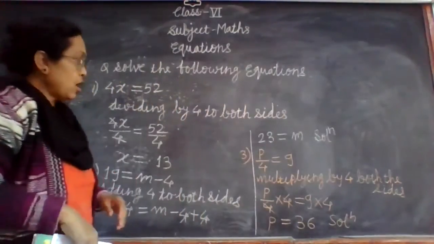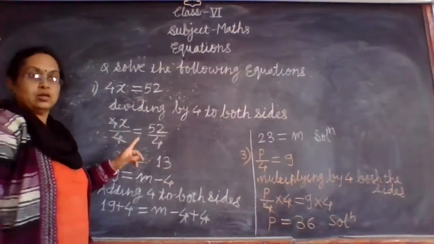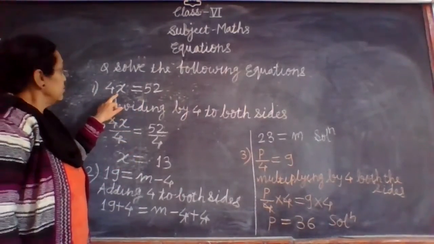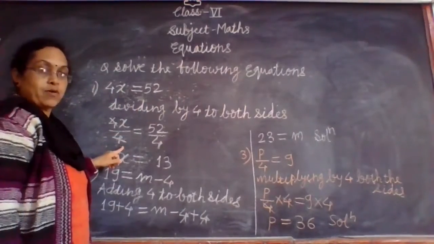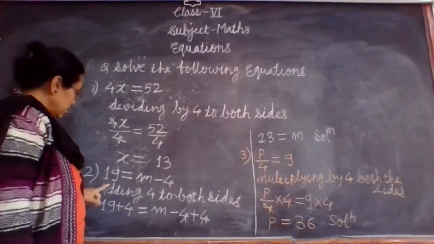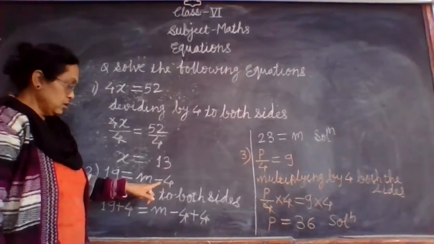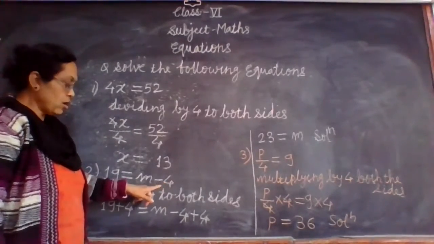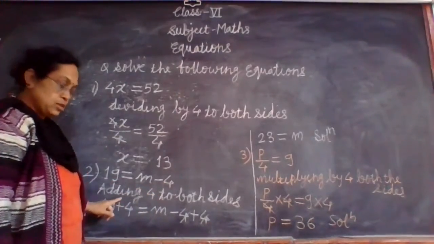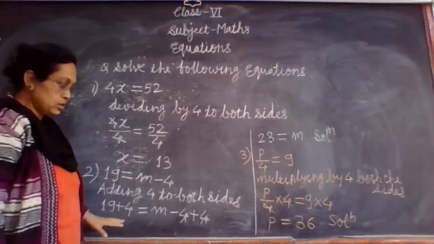So you got how to solve the equation. We are actually using the opposite operation where multiplication is done. So we have divided it by that number which is there with it. Here it was m minus 4, that constant, it was subtracted. So we have done opposite of subtraction, that is addition. So we have added this number only to both the sides.